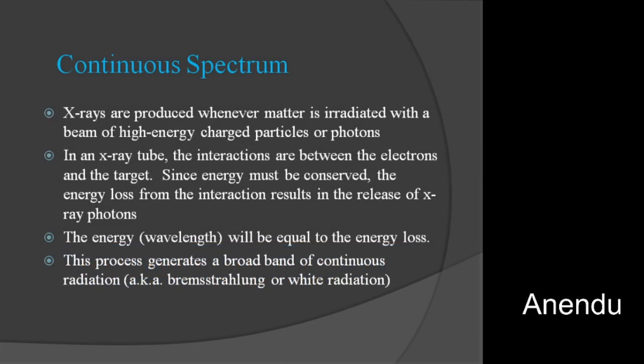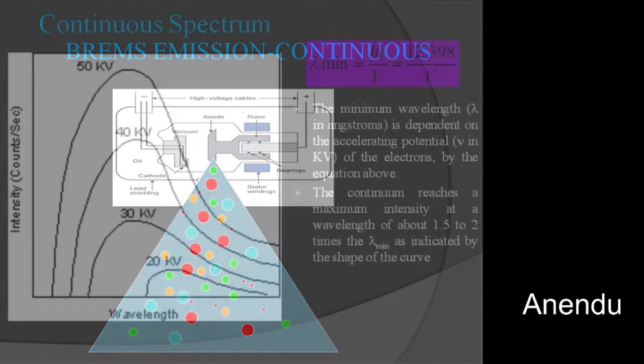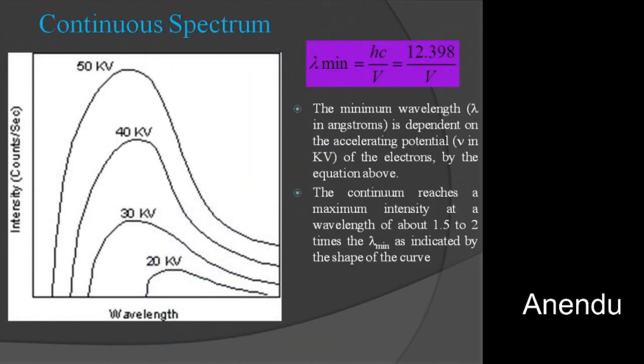The continuous spectrum we get in the X-ray tube is by the interaction of electron with the target material. Since the energy must be conserved, the energy loss from the interaction results in the release of X-ray photons. Here is the continuous X-ray figure, and this is the characteristic curve of the continuous spectrum. Here we plot intensity versus wavelength, and we see that no bump or certain peak is shown in this